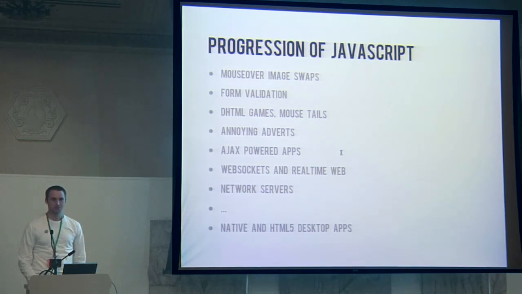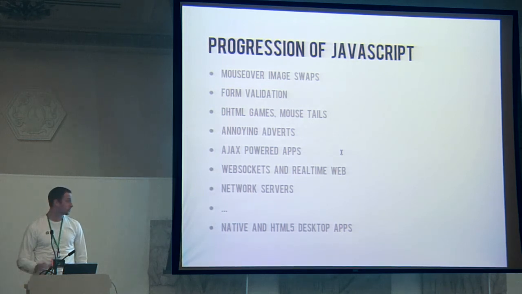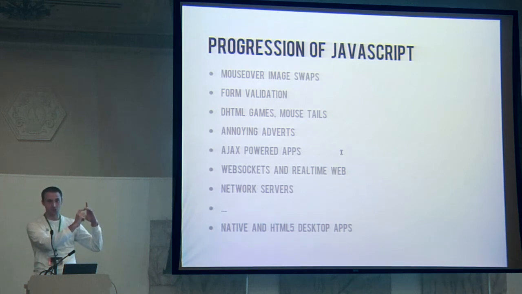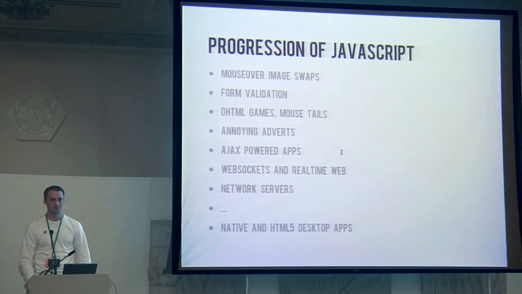You know, when JavaScript was first made and Brendan Eich was an intern, or was he an employee? I don't even remember, sorry. But when Brendan Eich was inventing the language, it was for adding interactivity to web pages so they could compete with Internet Explorer. And so we have mouse over image swaps, form validation. Eventually this awesome thing called DHTML came out. I even started my own company back in 2000 making DHTML games. Clearly that company died. But if you go to the Wayback Machine and go to my website, you can see a quote in there where I said, the future is HTML and CSS and JavaScript. And that was 10, 11 years ago. So that's pretty good, right?